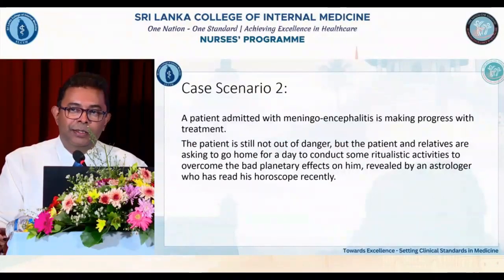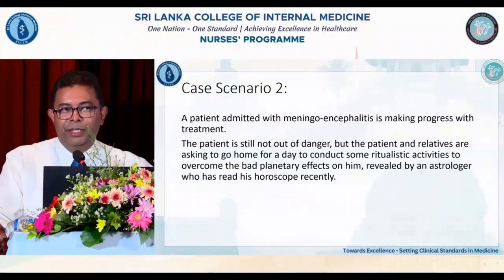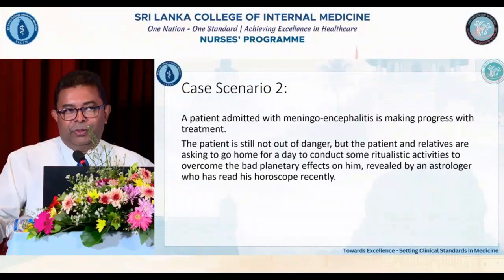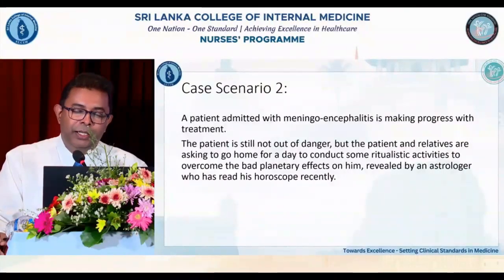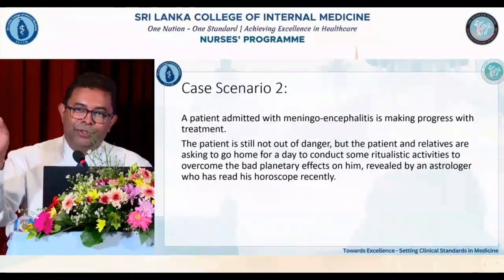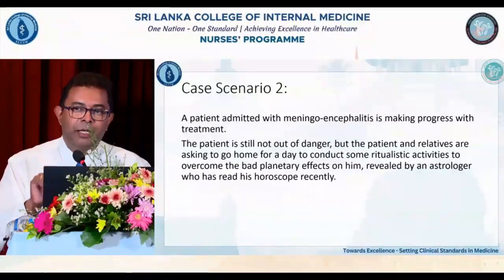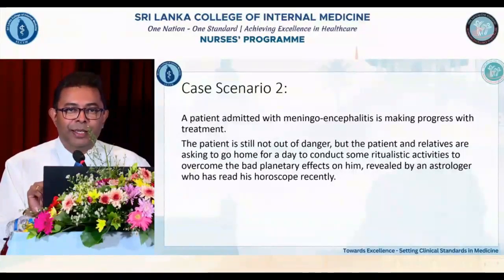I have instances where these have been tolerated and accommodated, but we didn't send them home or anything. When they are discharged, they give the credit to the astrologer for the recovery, everything, but inside them they know we have helped them, right? So that is why they would come and say,